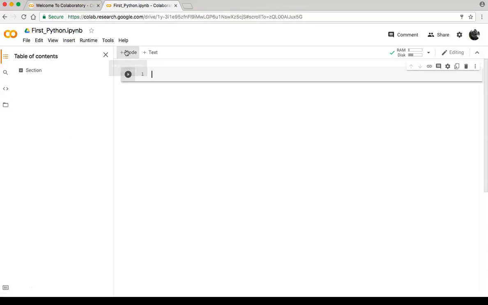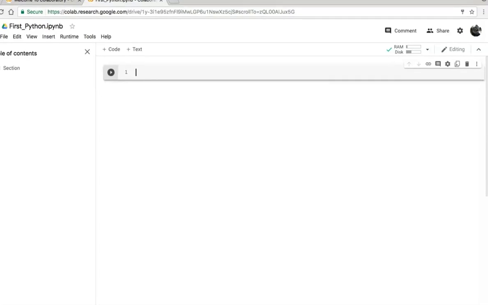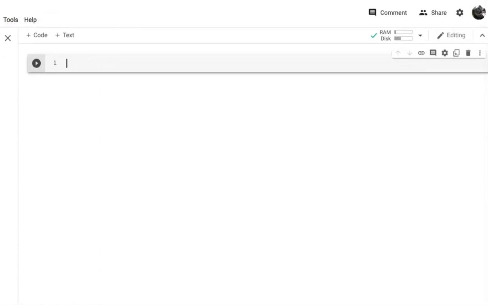This is the Google Colab editor. Take a new code cell. Click here. This is your new code cell. Start writing the program from here. First write print, and inside the parenthesis your message in double quote.